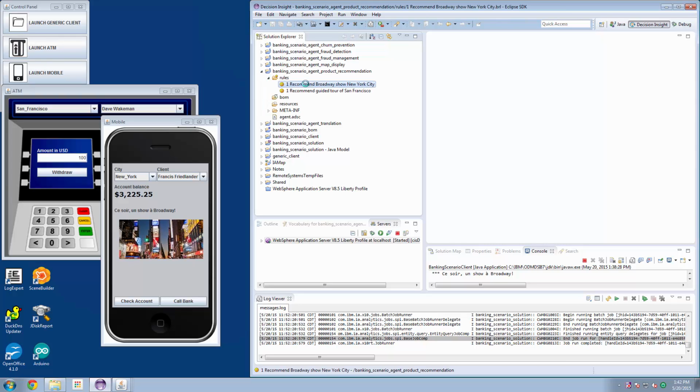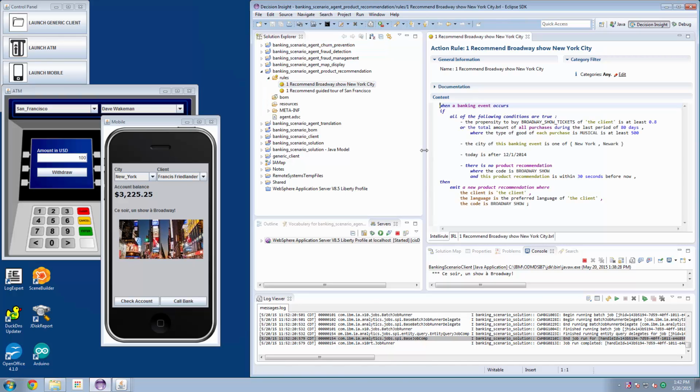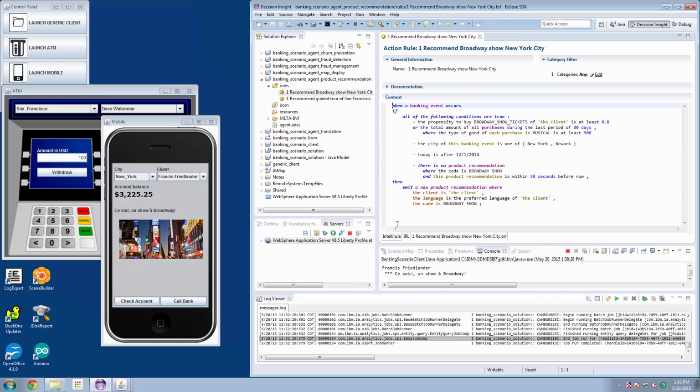So we got a set of rules here, which we're calling our recommendation rules, and what these rules say is when a banking event occurs, for example, a request to check your bank account, these rules are executed. And the rule here says, if all of the following are true, if the person has a propensity to be interested in Broadway shows, and the city of this event is either New York or Newark, and